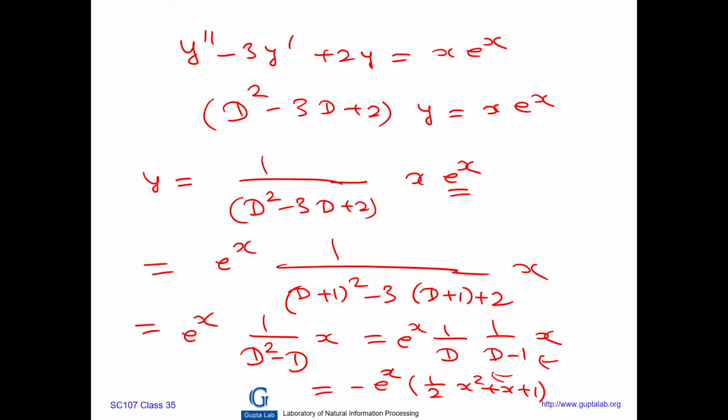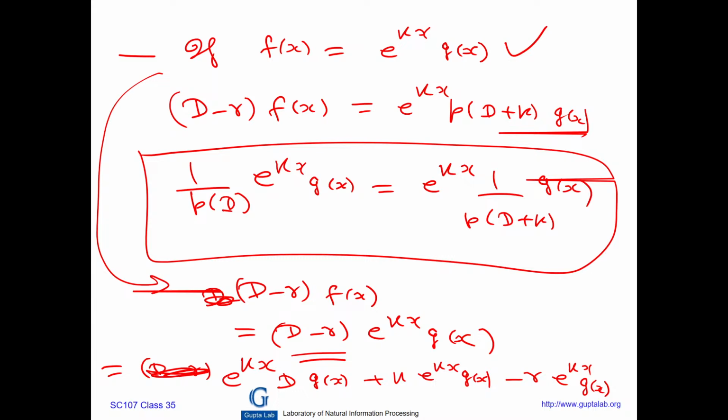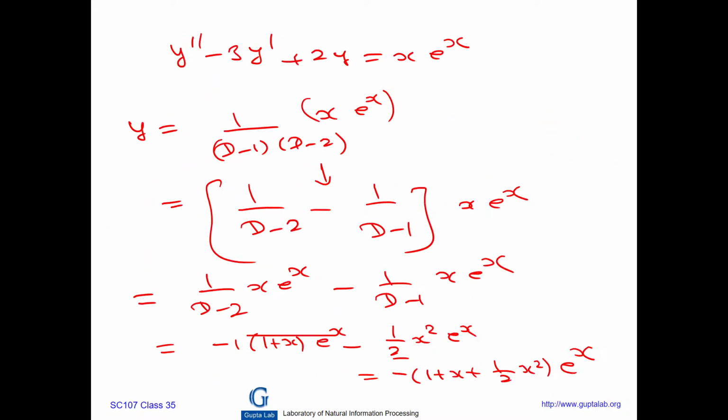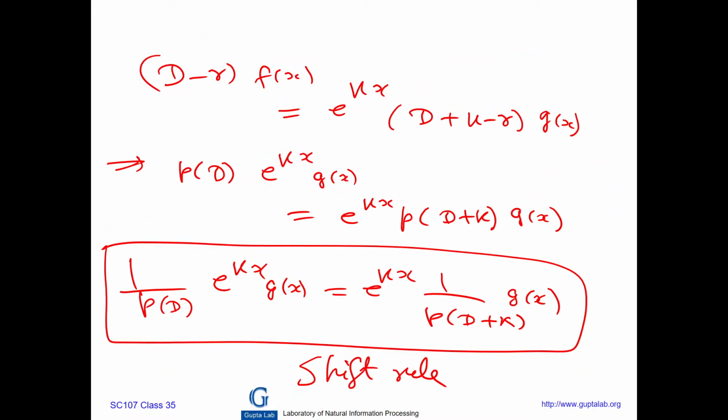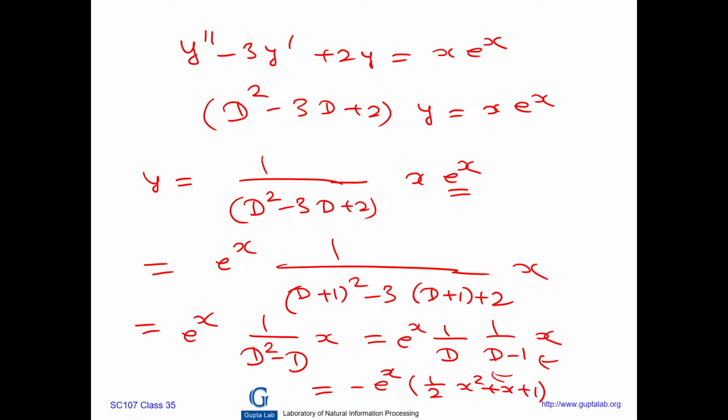You can just check that. I think this is the same question that we have done earlier here also. You see this one actually, right? So the same question becomes a bit easy sometimes when you use this shift rule. Okay,